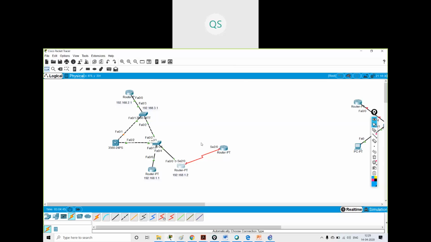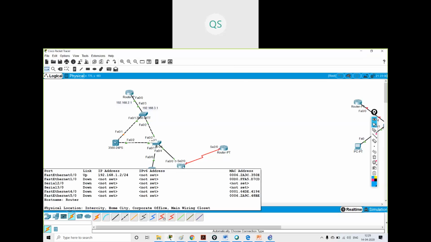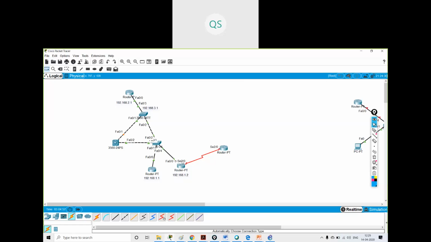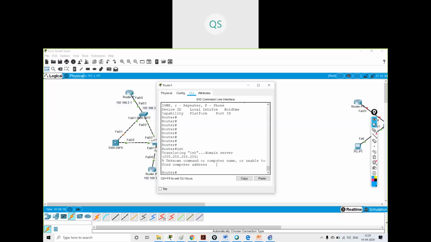See, the question Arjun is asking is that if you are disabling it on both the interfaces, suppose this is my router and this is my ISP's router, we cannot expect that if I disable it over here, the ISP will also disable the CDP command. We cannot expect the ISPs to also disable the same thing. So the doubt is over here, and we are trying to see this.